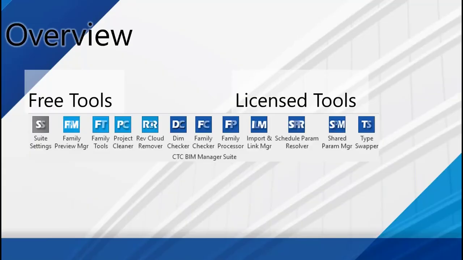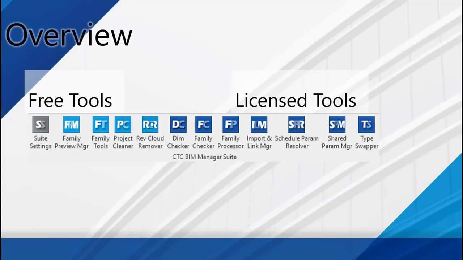Project Cleaner is an enhanced purge command. So Revit has its purge. It does pretty good at getting rid of families and some types, right? And in some cases, we get into the weeds, materials and a couple styles here and there. Project Cleaner helps get rid of views and sheets and view templates and view filters and line styles and things of that nature. Things that aren't always as easy to get rid of as they maybe should be. And you can do it all at once in one big shot instead of going through all these various dialogues. So it's a pretty slick tool to use,